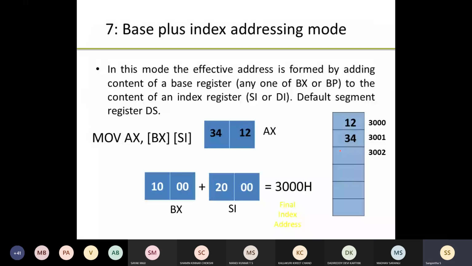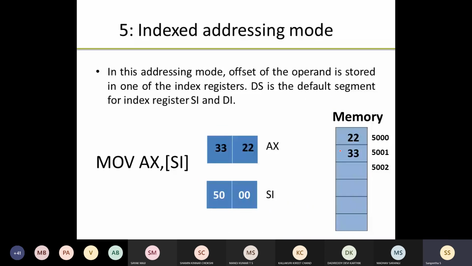And regarding the project component, you can make a group of maximum 5 members and minimum 1. You have to decide your title based on the 8086 processor, or it can be any Arduino board related microprocessor project. So decide your title and make a group. You have to update me by this week. I will send you some form. In that you have to fill your member names, register numbers and the title of your project.